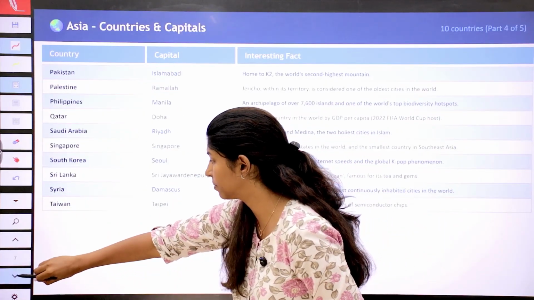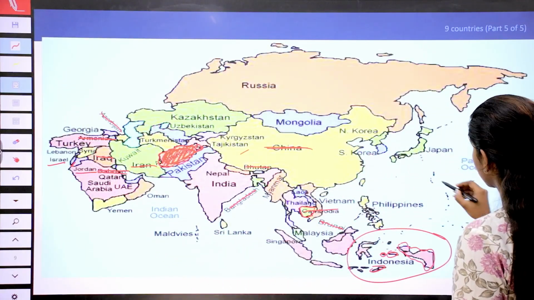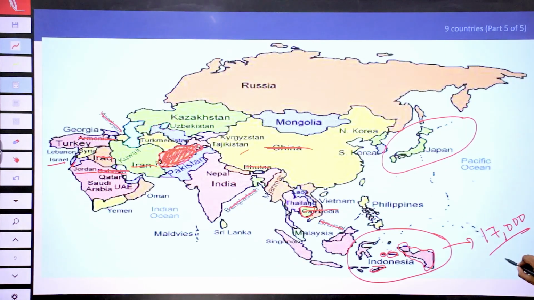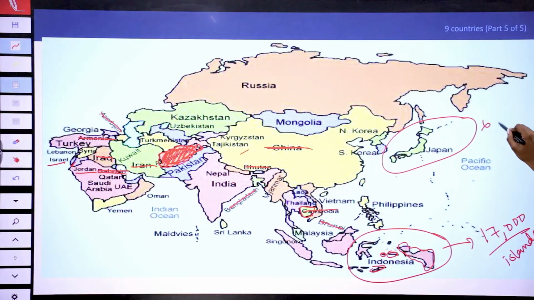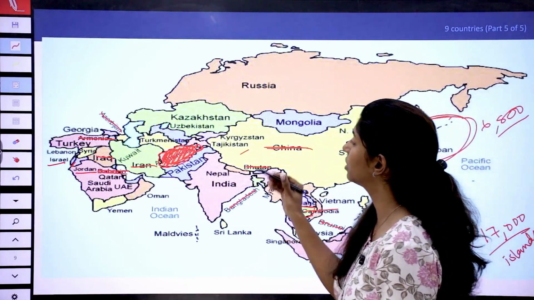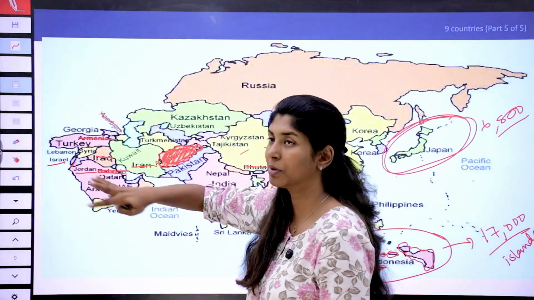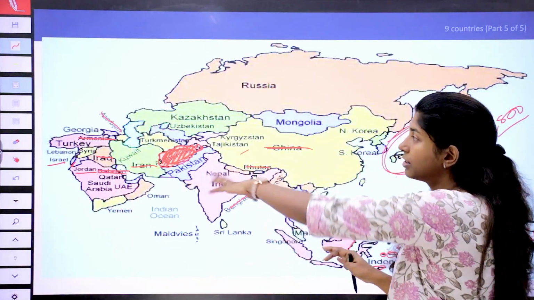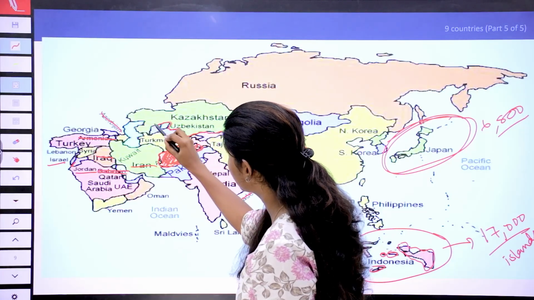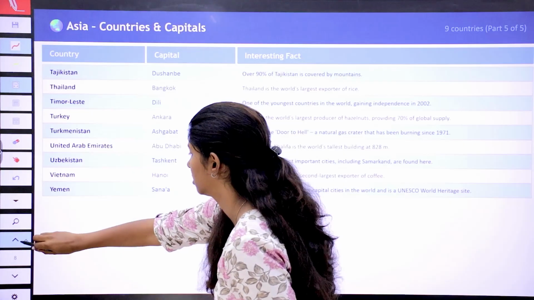Now, you see in the map of Japan, this is Japan. Like we saw in Indonesia, there were around 17,000 islands. In Japan, it was almost 6,800 islands together. And we're going to see Kazakhstan. Look, this is not sea. Here Europe will also come, but since this is just a map of Asia, that space is left. So this is also a landlocked country, but a very big country. That's what we saw about Kazakhstan.